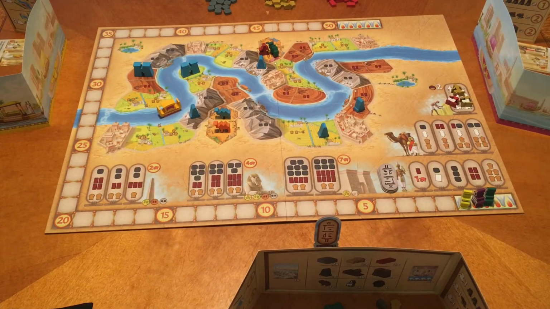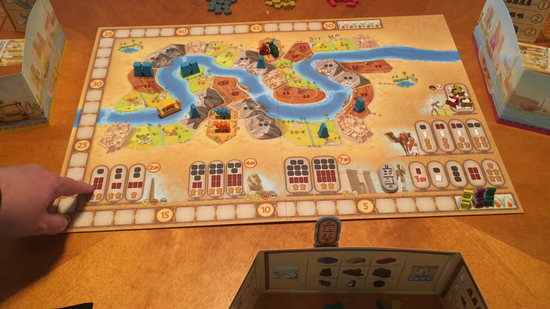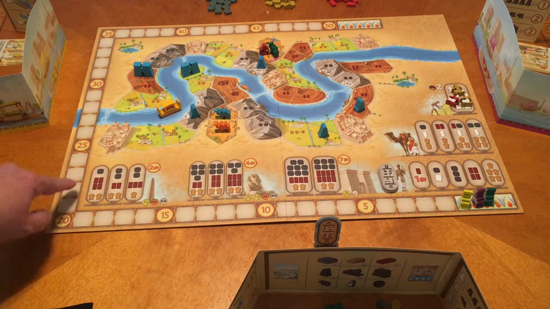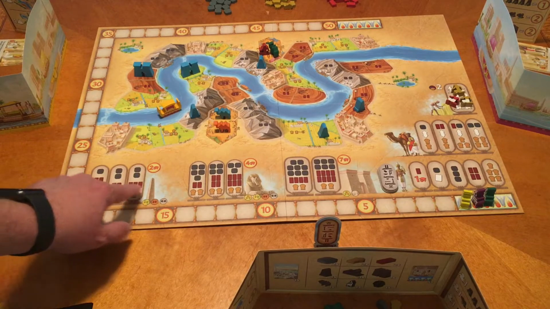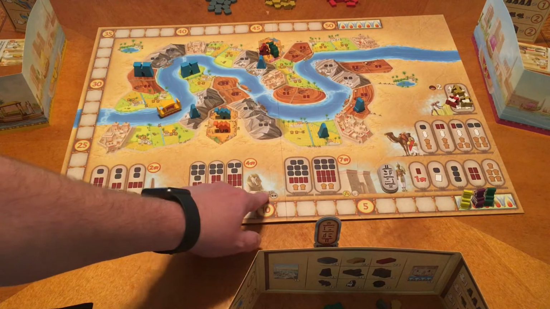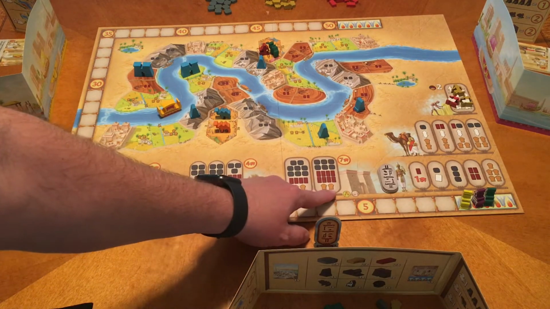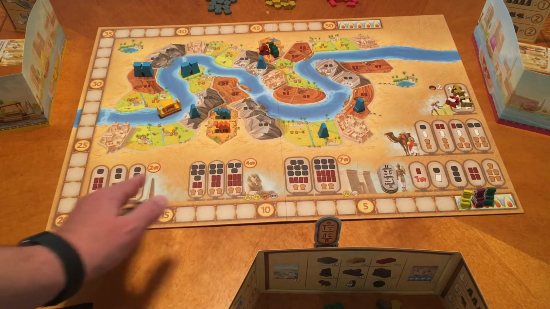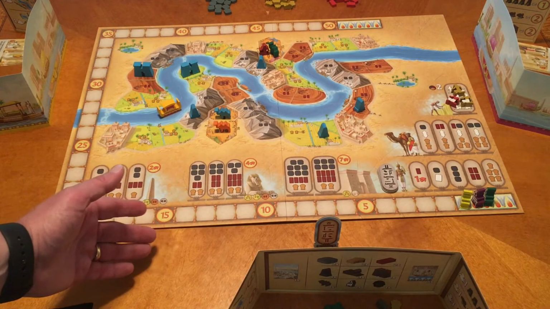I can plan a monument. Now, I give up a number of resources, depending on which monument I'm going for. So this first section is planning an obelisk. This is planning a sphinx, and this is planning pylons. Now, you'll notice that they require more resources as you go up, and that's because you're getting more victory points